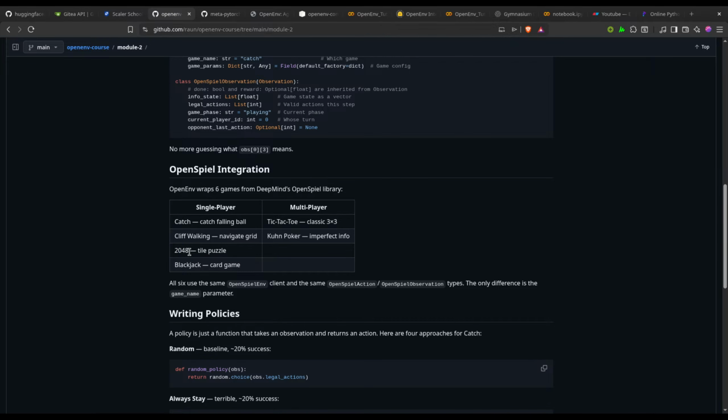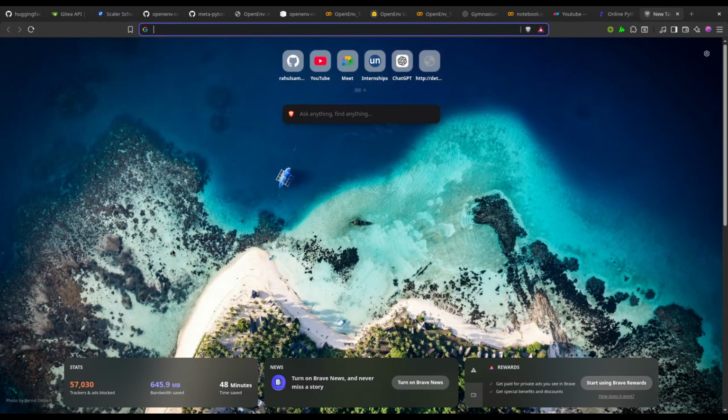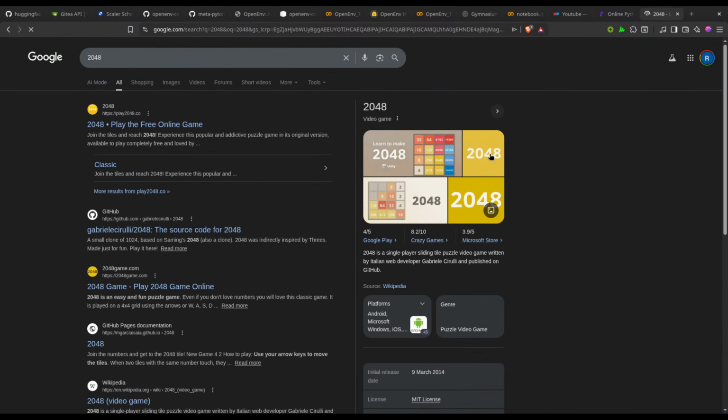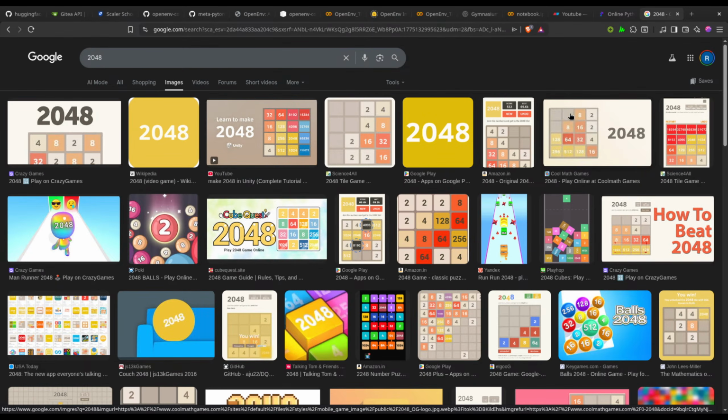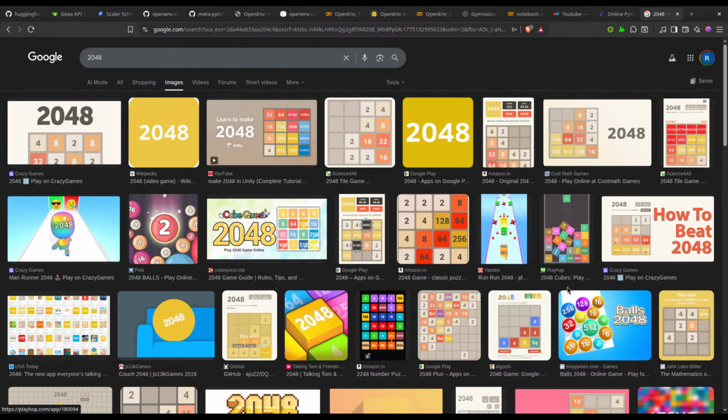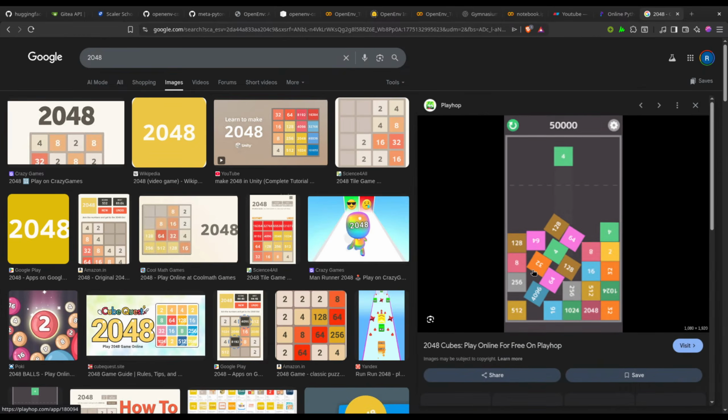If you have played this game, you might have played this game today. This is a game which looks like something like this. If we get the same color, they get merged and doubled. Let's suppose if you put an 8 on top of it, or it is sidewise, it is going to merge and become 16.